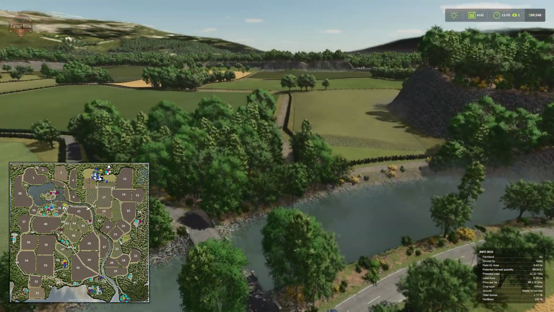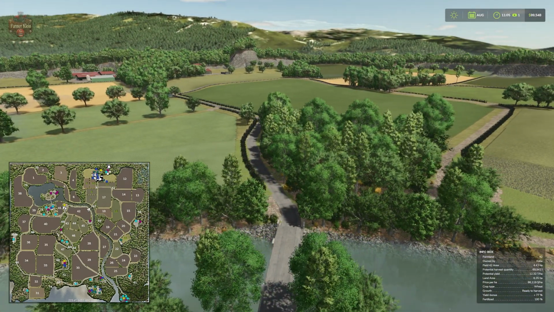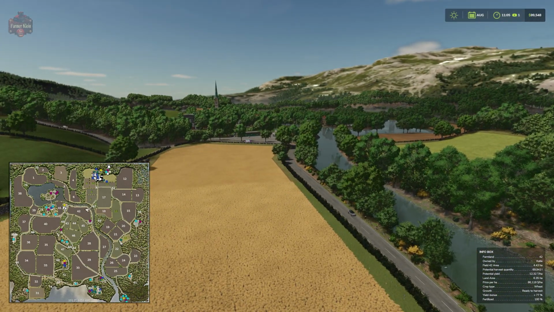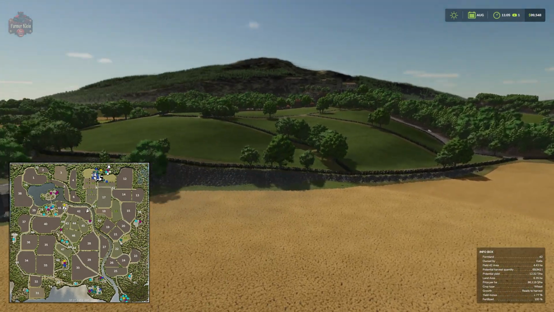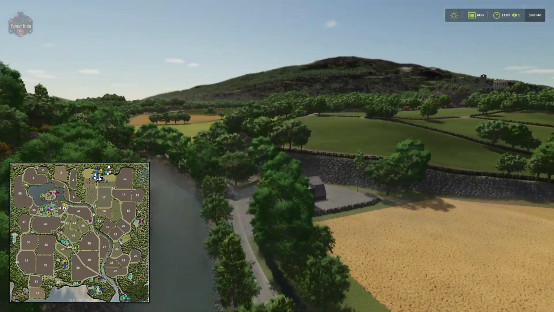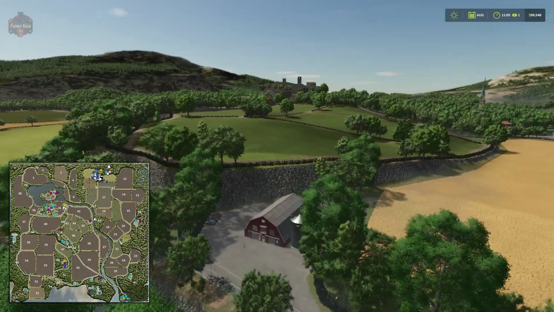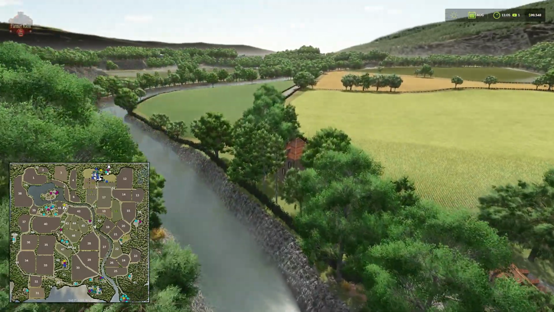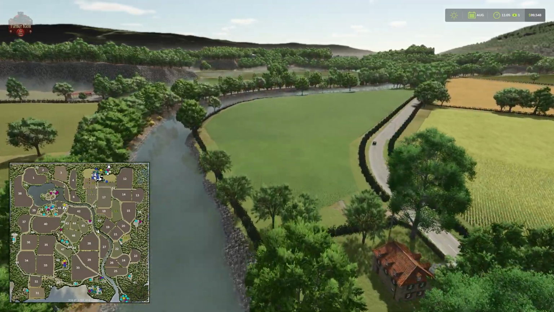This is the bridge that you're going to take to go to the starting farm from the vehicle shop or the town itself. Well, if you hang a left here at the bridge, you're going to come over here to a farmer's market sell point. And if we continue to make our way and wind around,